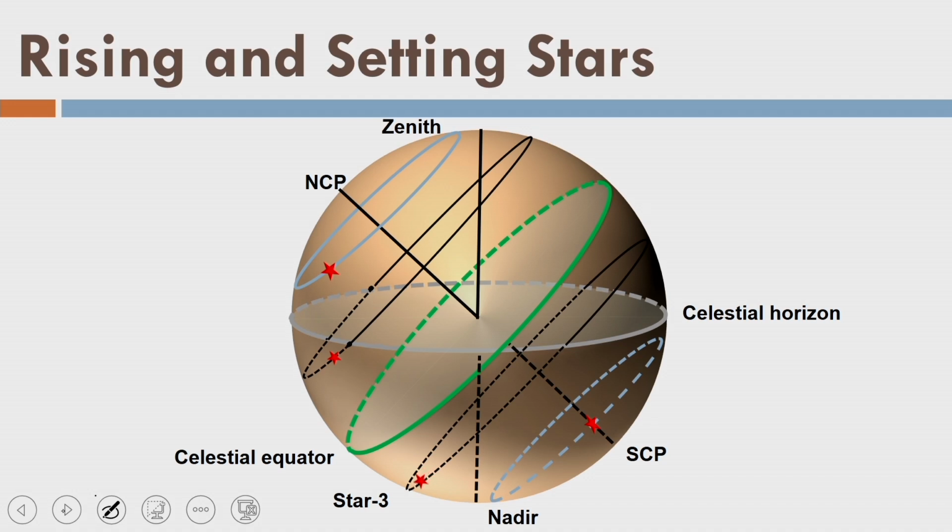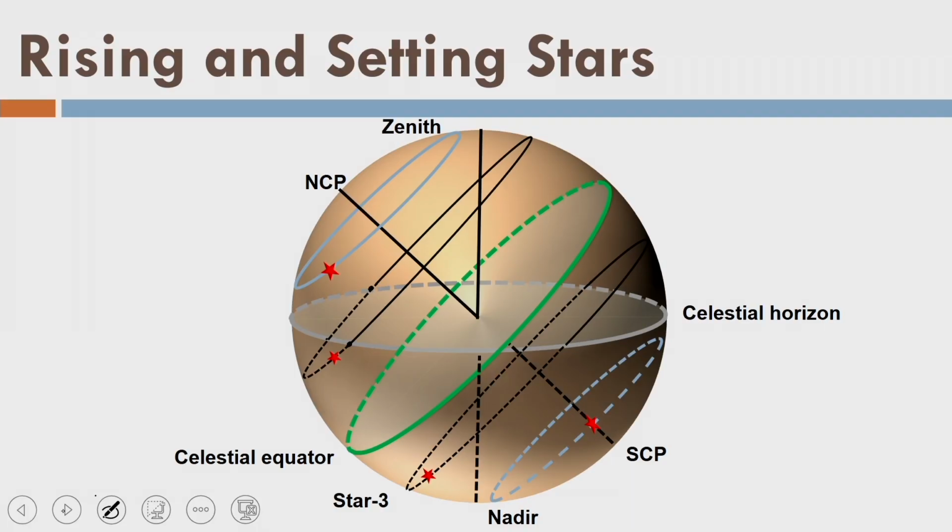For the third star, like star 3 here, this star is again moving, and now you can see that it has a longer period below the horizon compared to star 2, and as a result we can see that it will appear for a very short time above the horizon. So when a star is above the horizon, an observer can see it. Now what about the daytime? In the daytime, all the stars are in place, but because sunlight is so intense, we cannot see the other stars. But yes, the stars are there. The best example is the solar eclipse. At the time of a complete solar eclipse, we can see the stars around us in the sky.